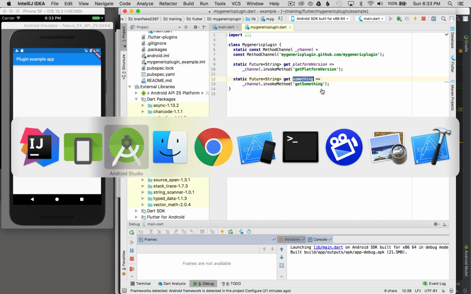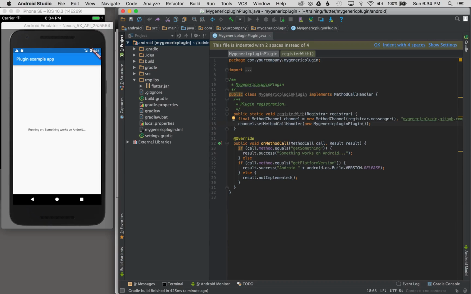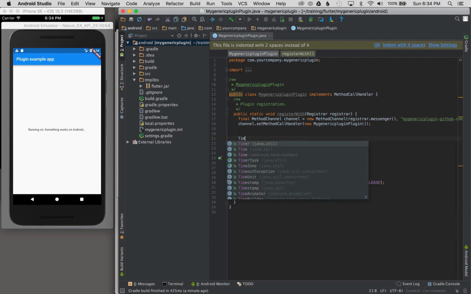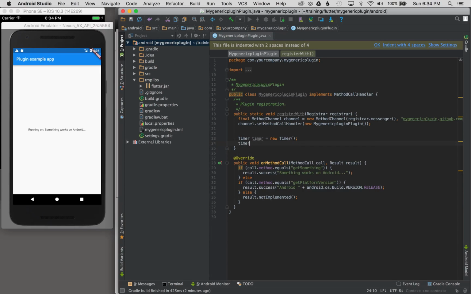So let me go back to the Android Studio. And what I want to show next is how to push data to the Android client from this method. So let's say I added a timer just for effect. An activity could come in with an intent and say, hey, notify my Flutter client that I have some new data for it. So how am I going to simulate this? Let's say I'm going to add a timer. And I'm going to say timer equals new timer. Okay, so I've got to import the class, and I'm in a timer.schedule at a fixed rate,